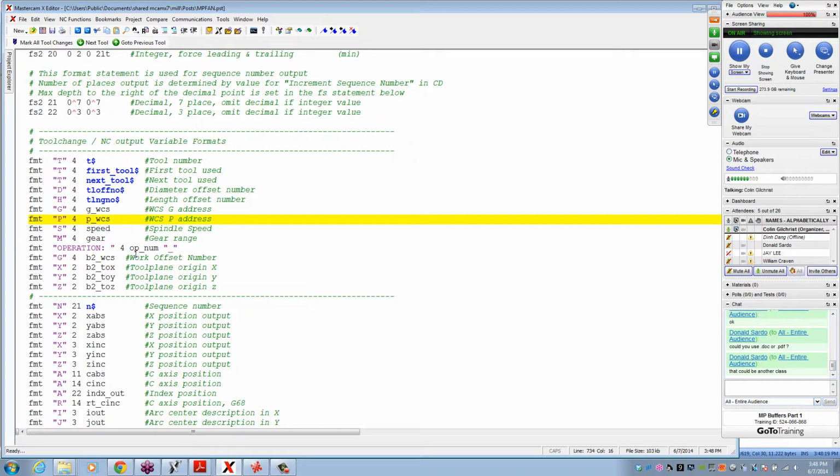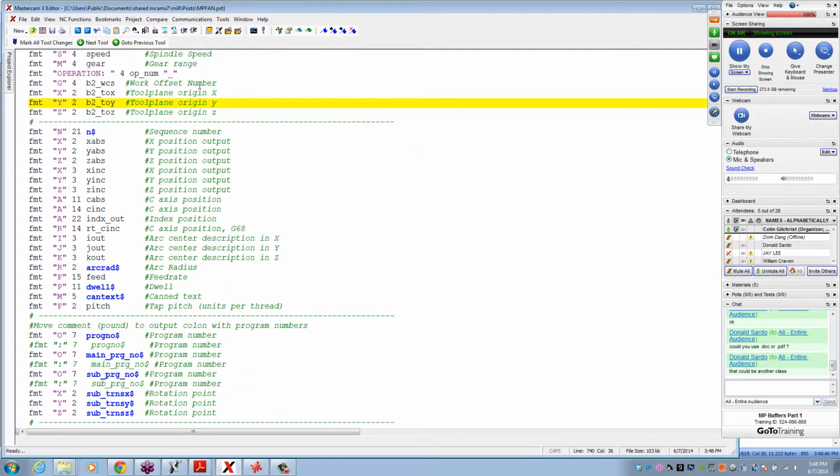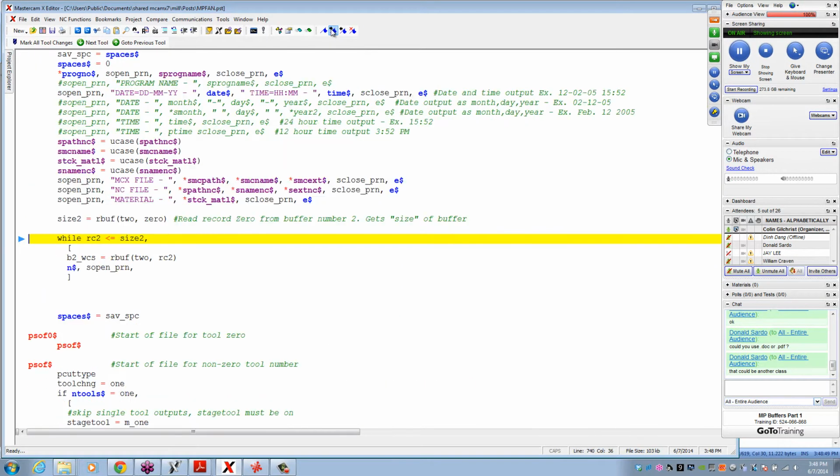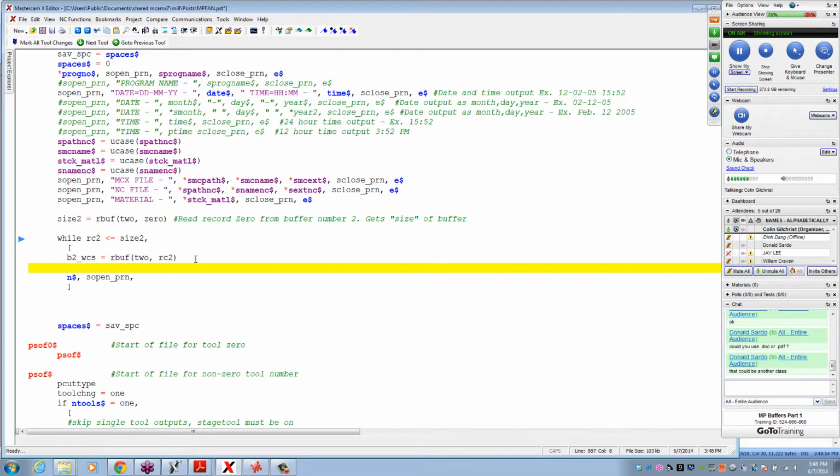So what I'm thinking about here is that right now our example is not very well set up to do standard work offsets and extended work offsets. We're going to leave that alone for now. We're going to come back and we're going to do that manipulation a little bit later. For now, we'll just use the standard G value here. So what we're going to do, after we've read the data from the buffer, let's see, we're going to say that